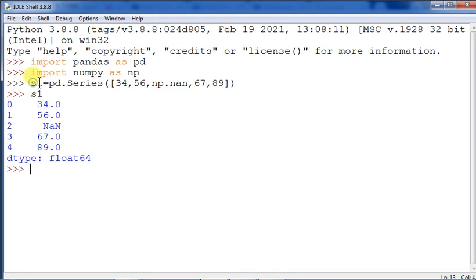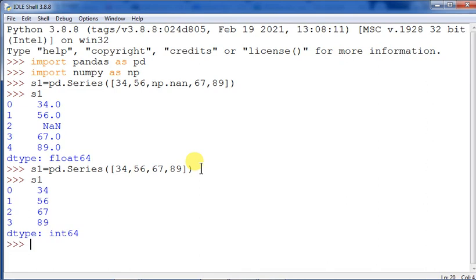Now the thing is, if I remove this one, I am copying this series once and putting it out here, Control V. I'm taking out this np.nan from here, then you see the difference in the output, then you will understand what is exactly going on over here. s1, then it is showing me the whole numbers only. So that is because of nan. When nan is present in a series, then everything, whether the whole number or the float number, whatever it is, will also be converted into .0.